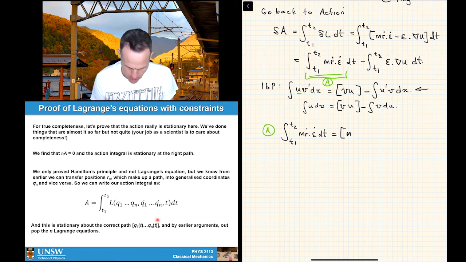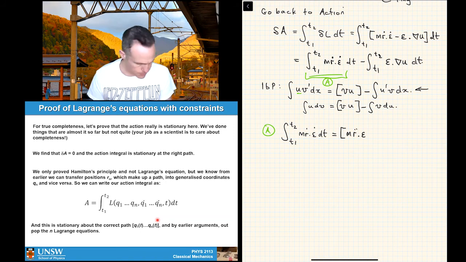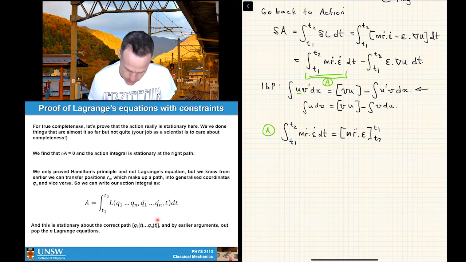So what I'm going to do is make my epsilon dot become an epsilon, and that means that my r dot is going to become an r double dot. So this will be r double dot dot epsilon between t1 and t2, minus the integral from t1 to t2 of m r double dot dot epsilon